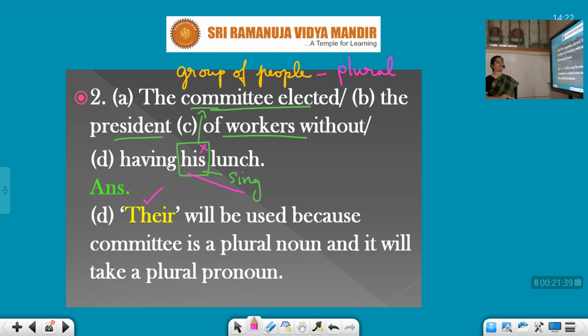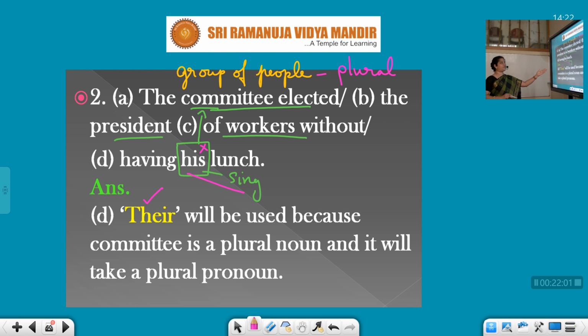Without having their lunch. Now when you work carefully like this in the initial stage, you will be able to get your exercises perfectly. Don't just bluntly tick the answers. Work very, very carefully. Don't bother about the time, but work perfectly, which will help you in your exams. I suppose you understand this point.